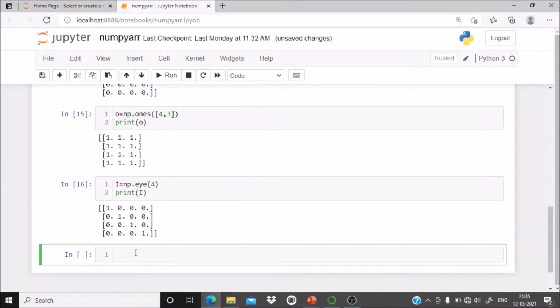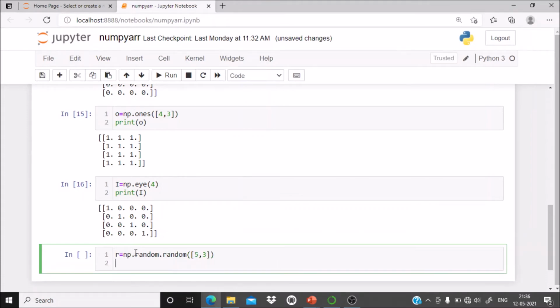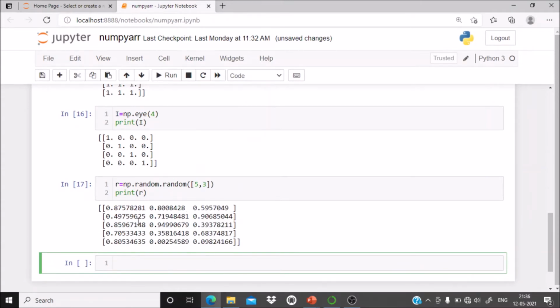Now you can create a matrix of random values. What do we mean by random values? Any values. If you take the example of 1 to 10, and you are picking randomly, then it may be 1, maybe 5, maybe 3, maybe 4. Such type of randomness. So we will create a random matrix with a number of rows and number of columns. R is the random matrix we are creating, np.random, and we'll pass the number of rows and columns. Suppose rows are 5 and columns are 3. Then we can print it, print R, then run this. This is a random matrix created.